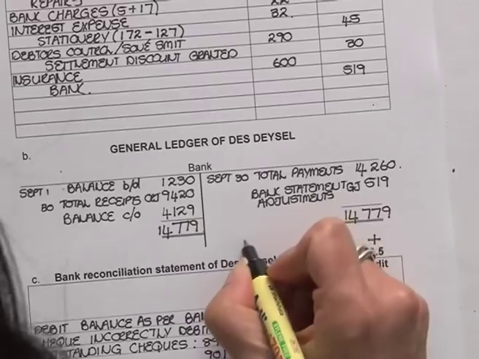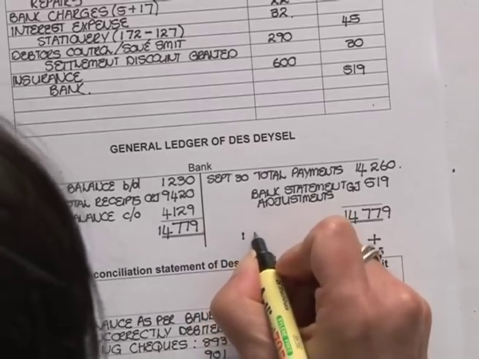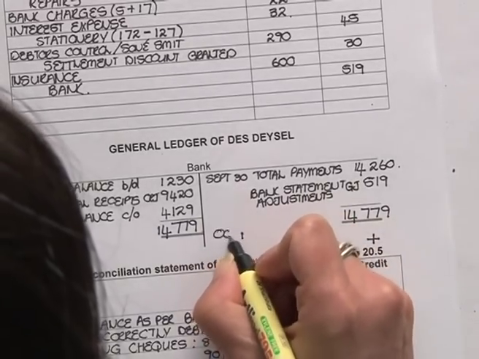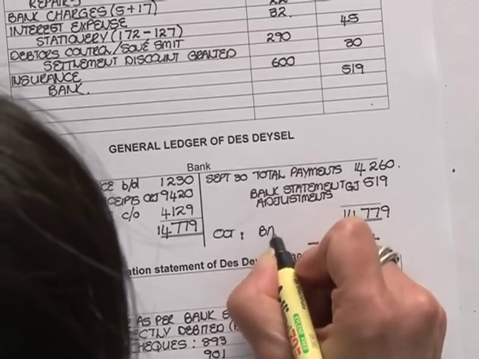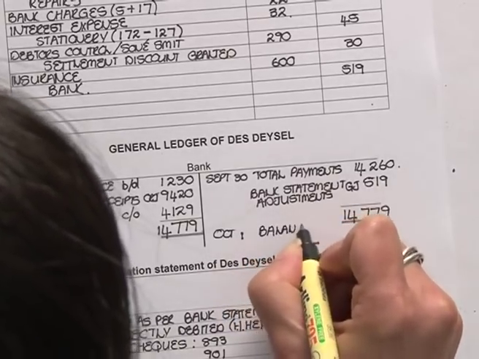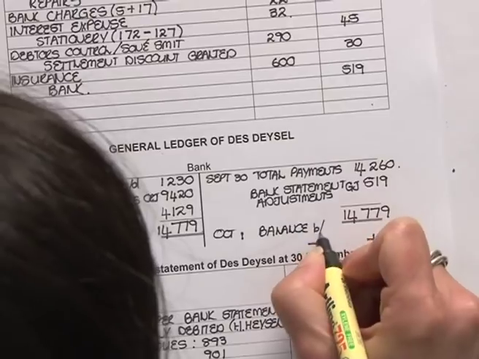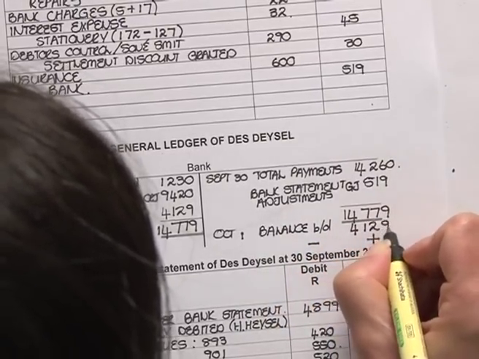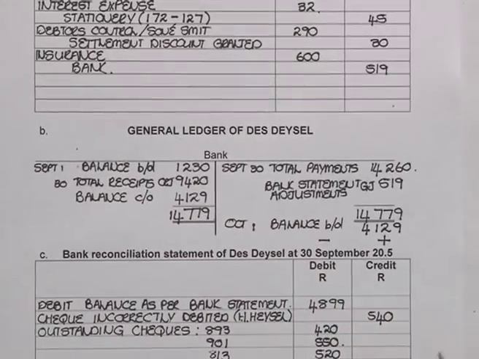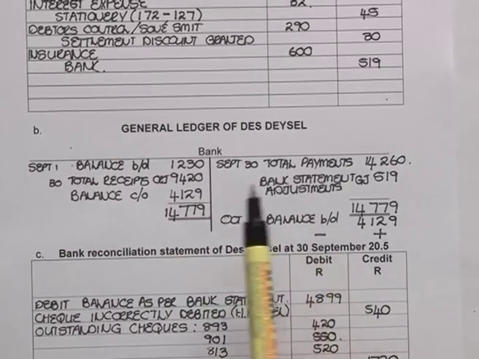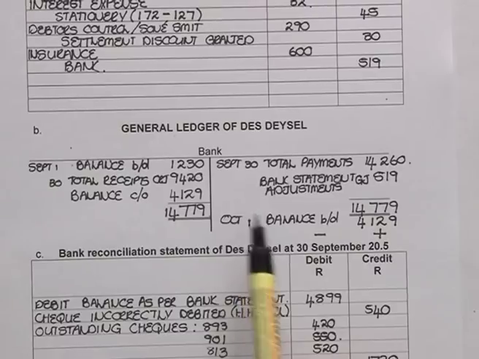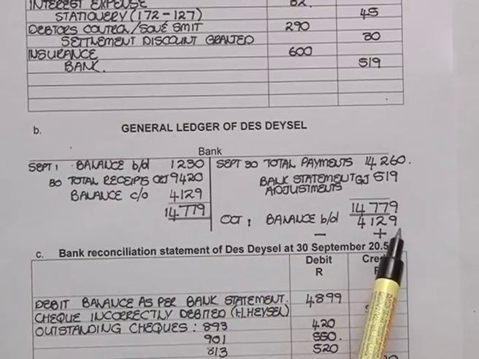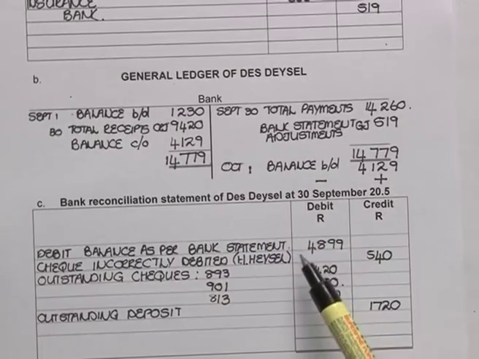I have to bring that down. So at this point, I've got an adjusted balance in my bank account of 4,129. The bank statement showed a